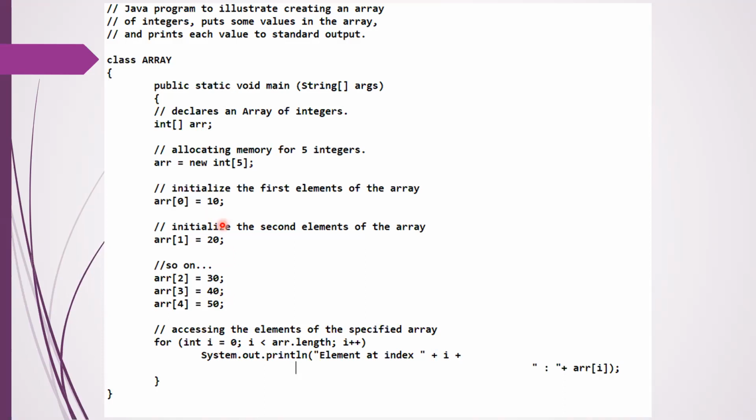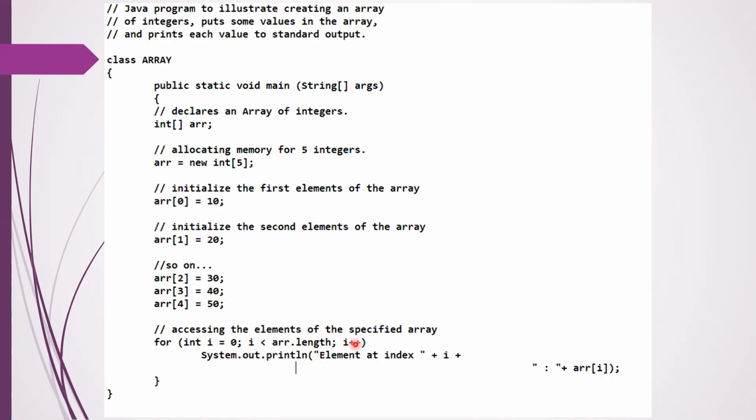To access and print them, I'm going to use the for loop. For int i is equal to 0, you're giving 3 parts. The first one is the initialization in the for loop, then you check a condition, and then you have an increment. First I'm initializing the iterating parameter as 0, and then I'm checking whether i is less than the array length, that is, less than 5.